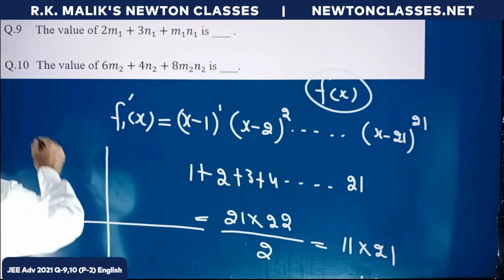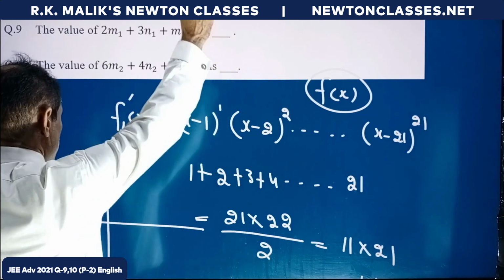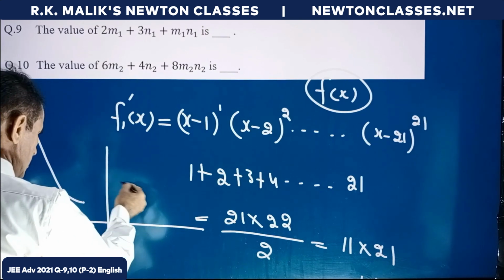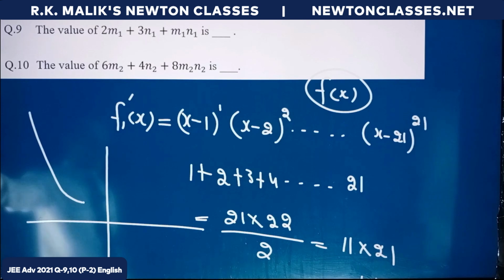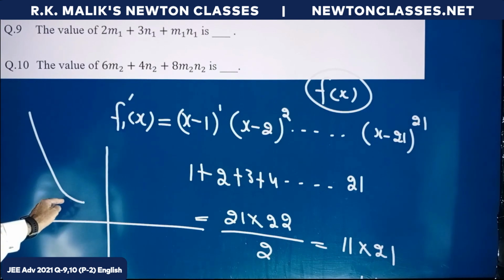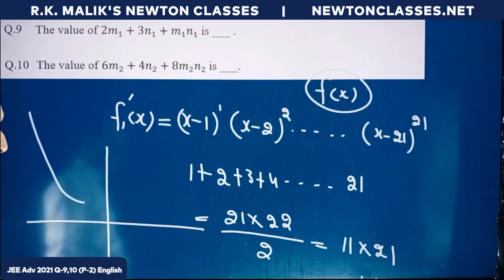That is, the graph will be surely of the type where it will come from up and finally it will go up, and in between it can have any number of points of maxima and minima, but the main thing is that the graph of this will surely come from up and finally go up, as I had told you in the very beginning when I was telling you about the concepts going to be used in this question.